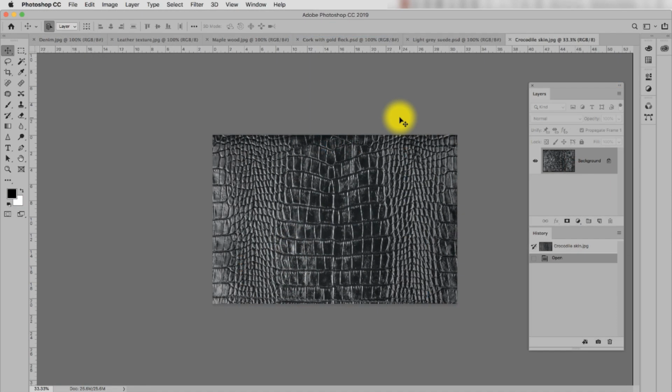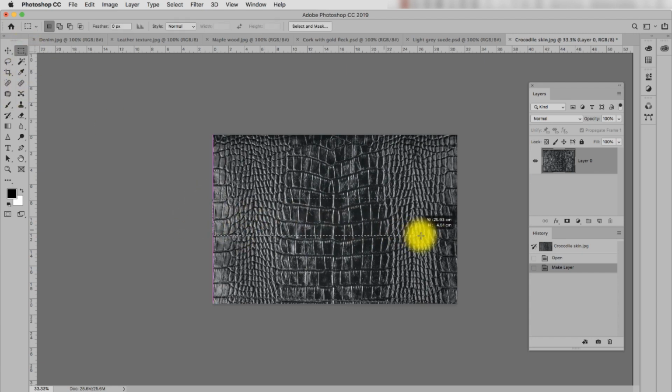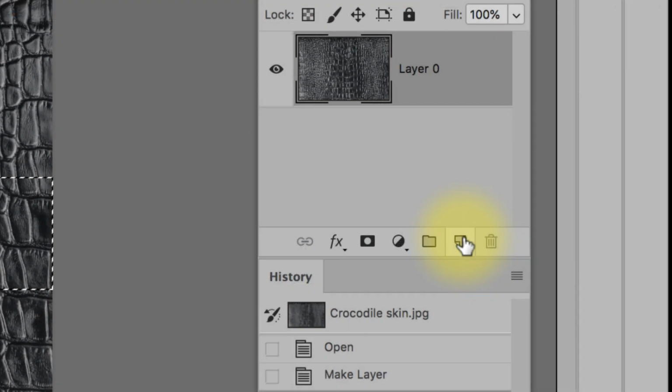Before we go back to Illustrator to check these repeats, I'm going to make this crocodile skin into a repeat, and I'll use some slightly different methods to do this. First, I'll change the background layer to be an editable layer. You'll remember, for the first swatch I showed you, we went into Layers, Make Layer from Background. This time I'm showing you just to double-click on the lock. I'll do a horizontal mark here over the middle of the image and copy this, Command or Control C, and create a new layer. Do you see this little symbol here?